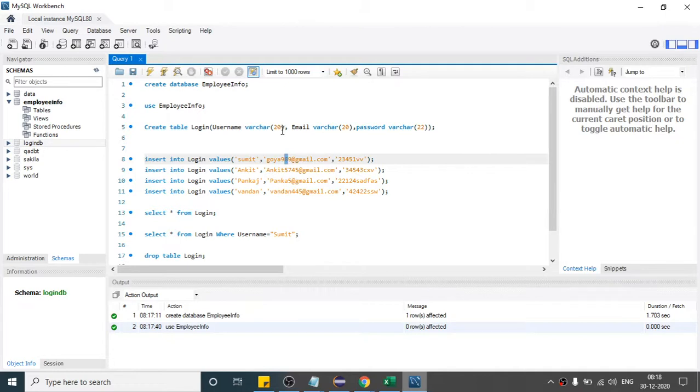So this is what this data type is telling, and same for email with varchar, and this is the maximum length. So the data type and the length of the data it can hold, right? If you provide more than 22, it will throw an error when I create the table. So first let me create the table. Select this and click on this.